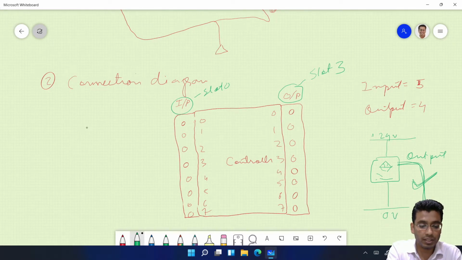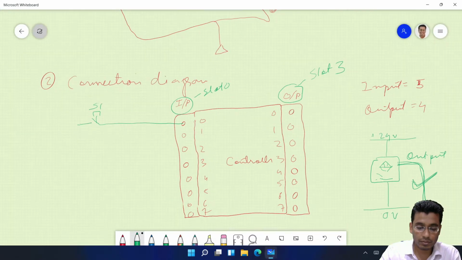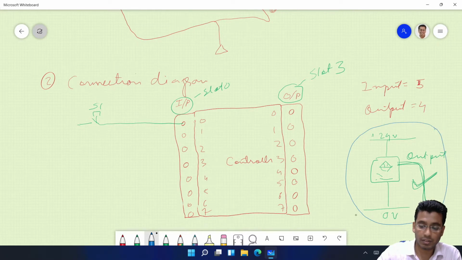So basically we have a push button here. And then we are going to connect basically 4 sensors. So that means we have to draw this figure here. This entire thing will actually come here.